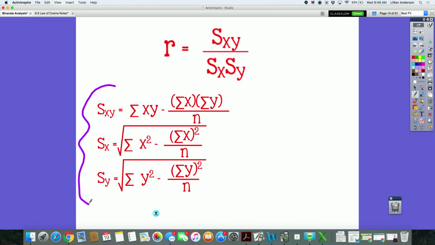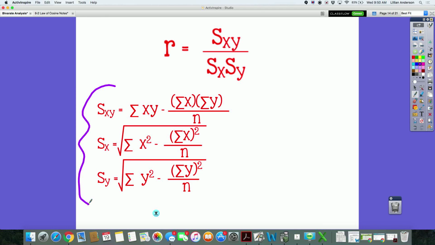S sub xy is the sum of x times y, so your x's times your y's, add them all up together, minus the sum of your x's times the sum of your y's divided by n. What's n? Number of terms you have, number of pieces of data that you have. So in the example that we're going to use, which is the one about the spoons of plant food, there's